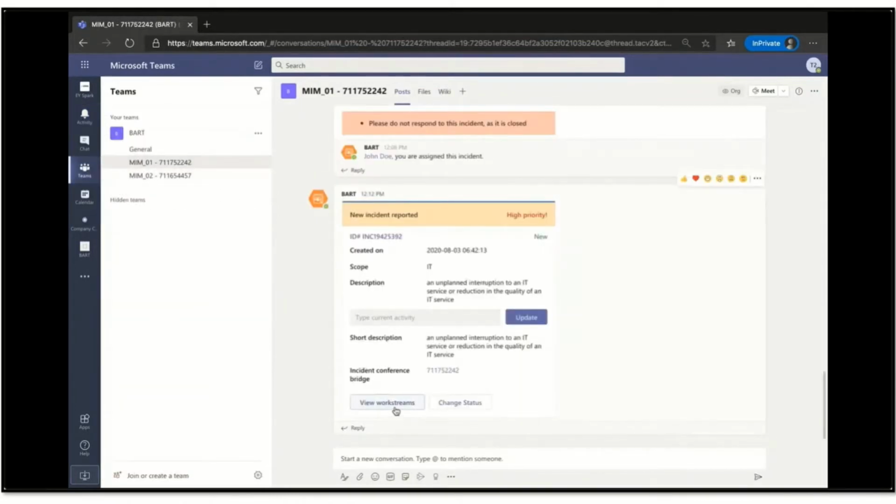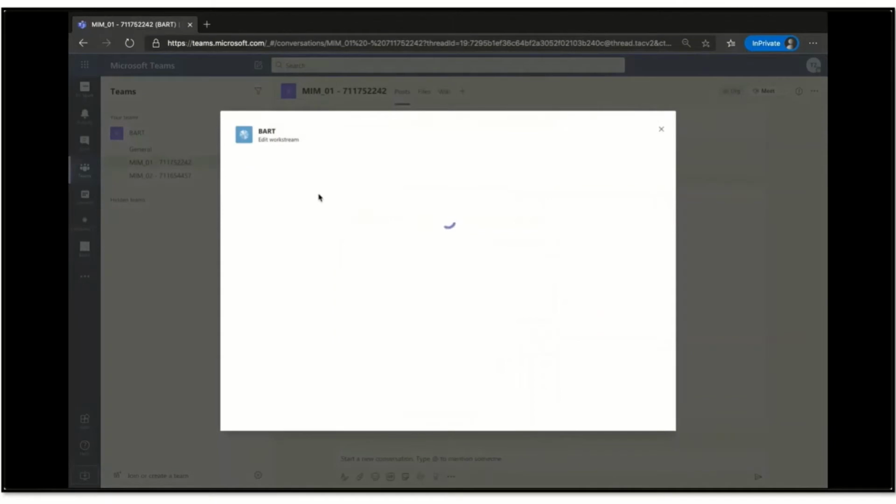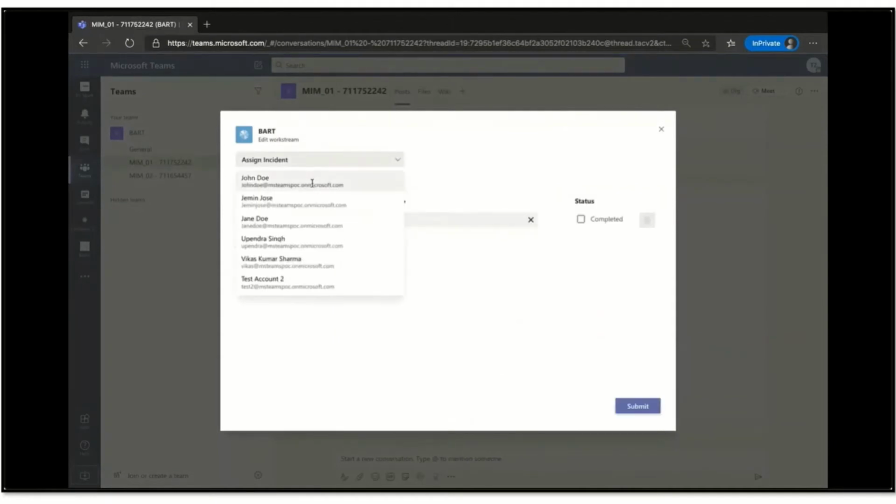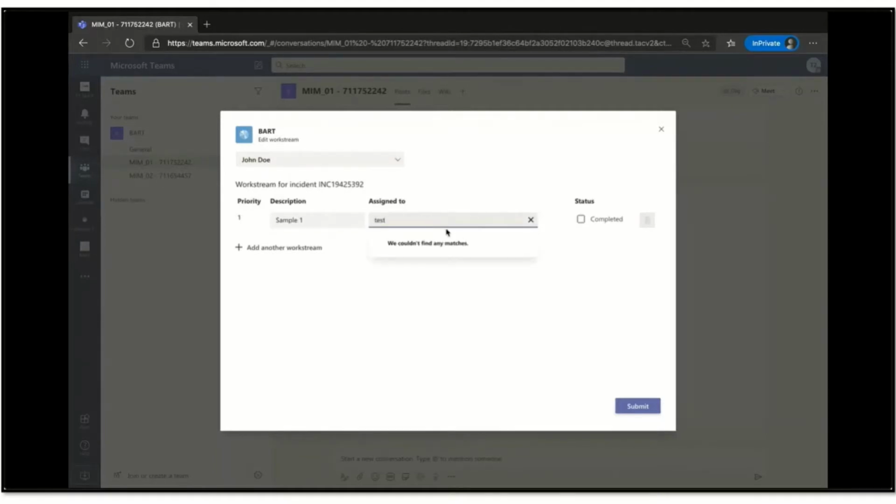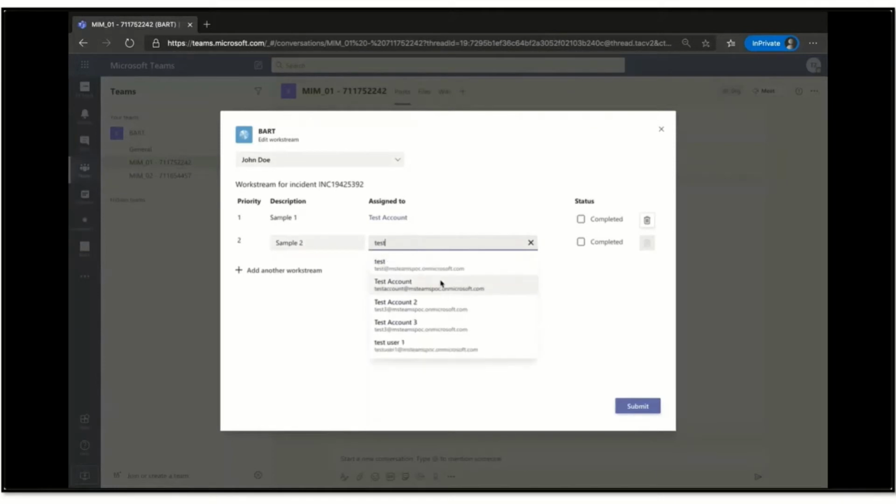So from here now we can click on view workstream. Task module pops up. We assign the incident to someone. We write a description of our incident and we assign it to somebody. For example, if I have two descriptions, I assign it to different people.